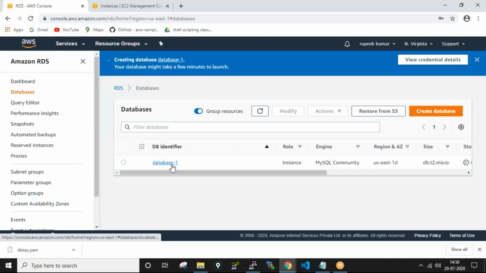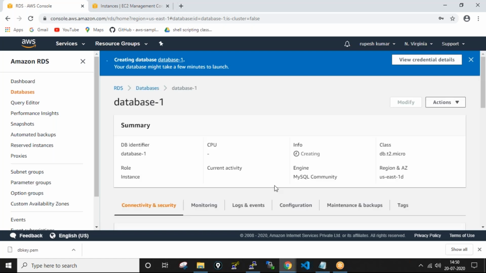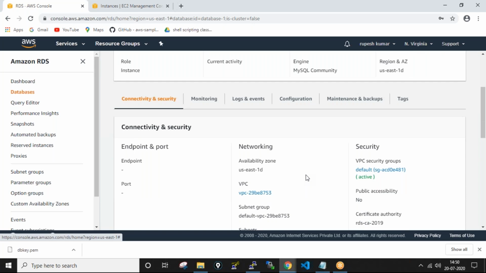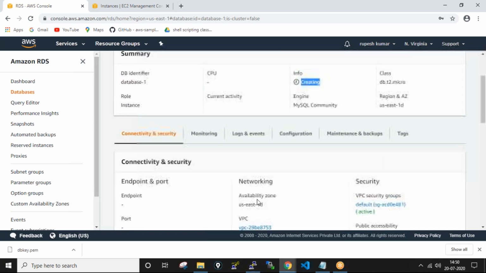If you click on the database here, under instance identifier you will get to know the details of your particular database, like the username, the instance identifier, and the database endpoint name. It's still in creating status, so you won't get any endpoint yet.